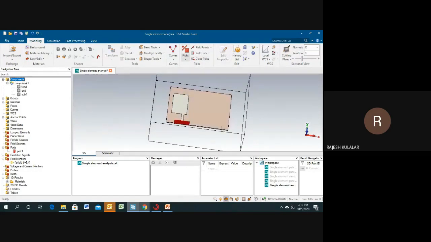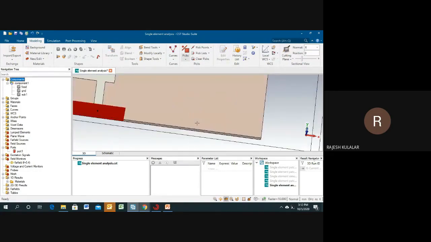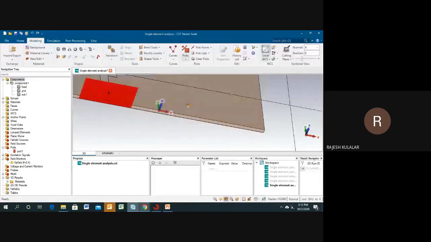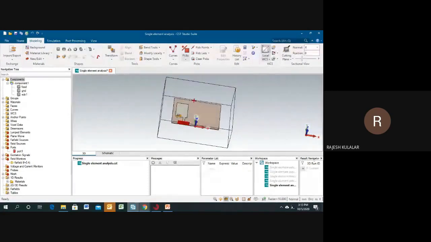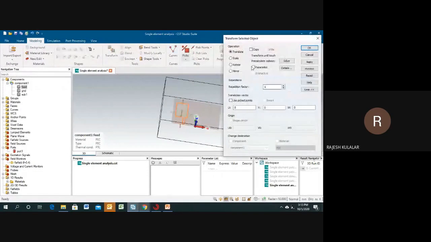Just go to the component, as I told you before, click on the center of this edge and define some local coordinate. So now we have defined a local coordinate. Click on this patch, go to the transform, and now go to the mirror and copy.